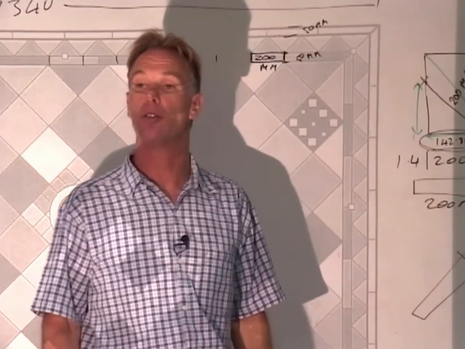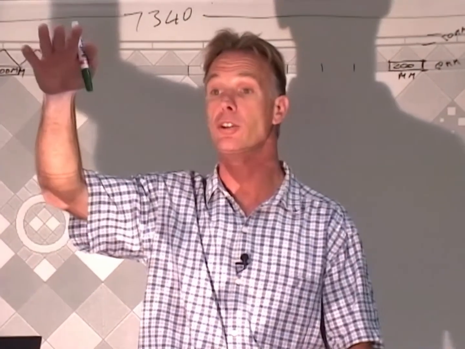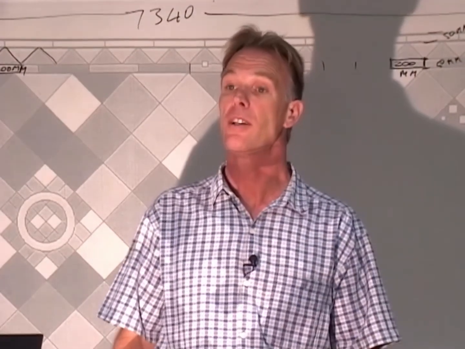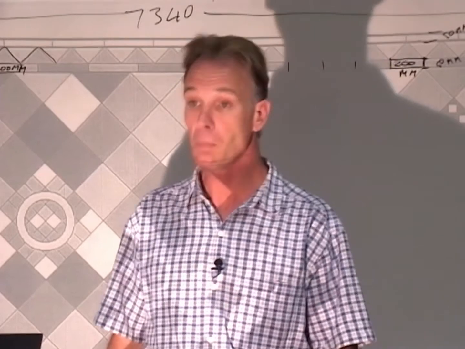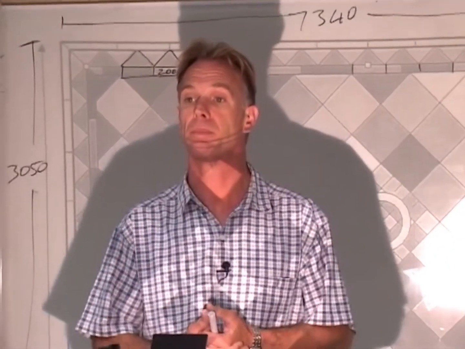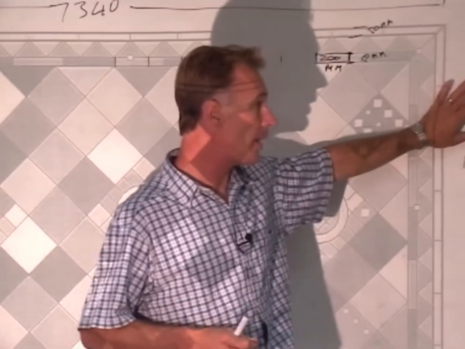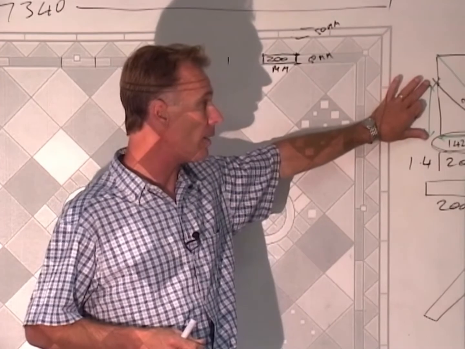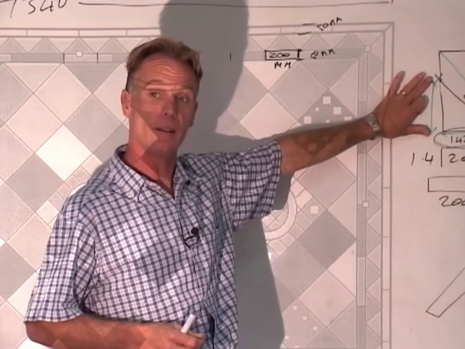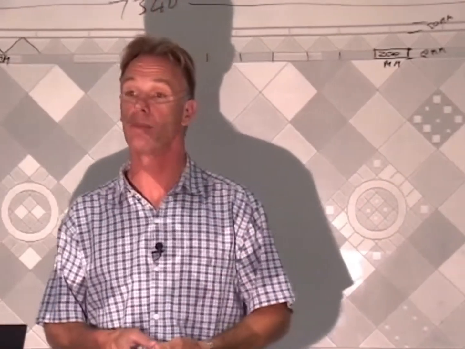You can use that 1.4 right up to a huge tile, right down to a very tiny tile, like say 600 by 600 vitrified. Should it still be used? Is it because the tile's square? Well, basically what you've got is a relationship between the length of the side of your square and the actual diagonal, and that relationship remains constant.